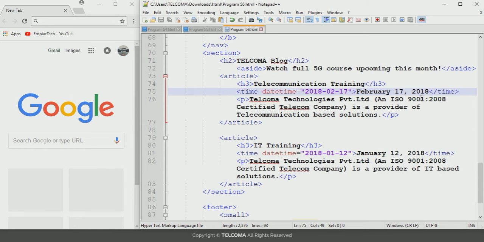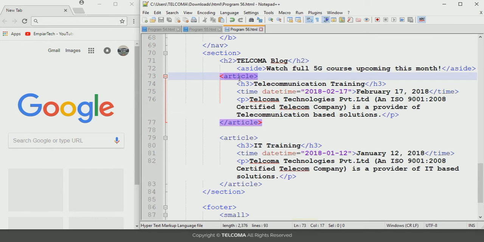After that we have mentioned the particular date and we have closed this element. After that I have declared the paragraph tag.